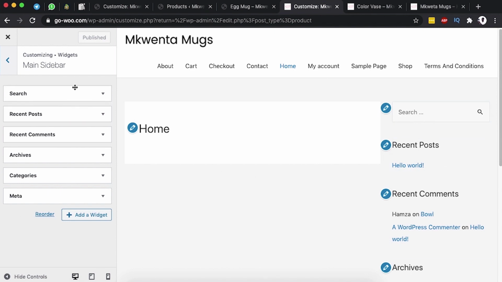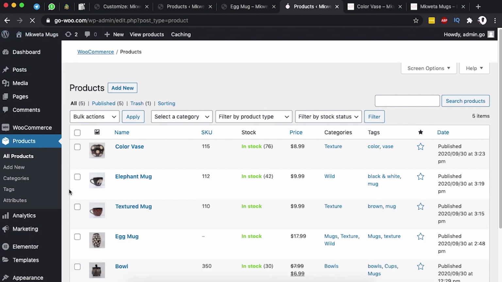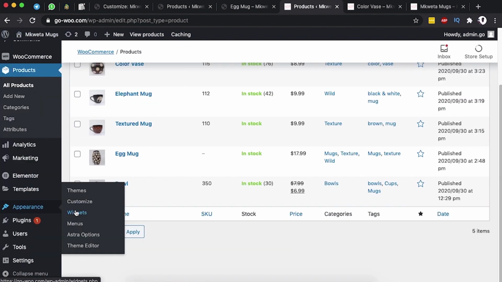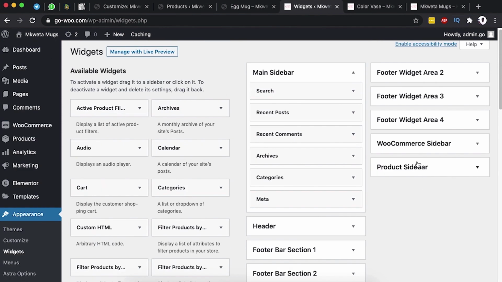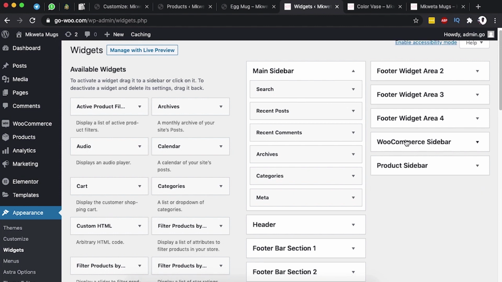What we are simply going to do is exit this, and once we exit, we will head back to the dashboard, and under the dashboard, come to the appearance section, and we're going to choose widgets. So now you realize we have the main sidebar having the widgets, footer sections, and we also have the WooCommerce sidebar and the product sidebar. So we are going to choose what appears in the WooCommerce sidebar, the product sidebar,